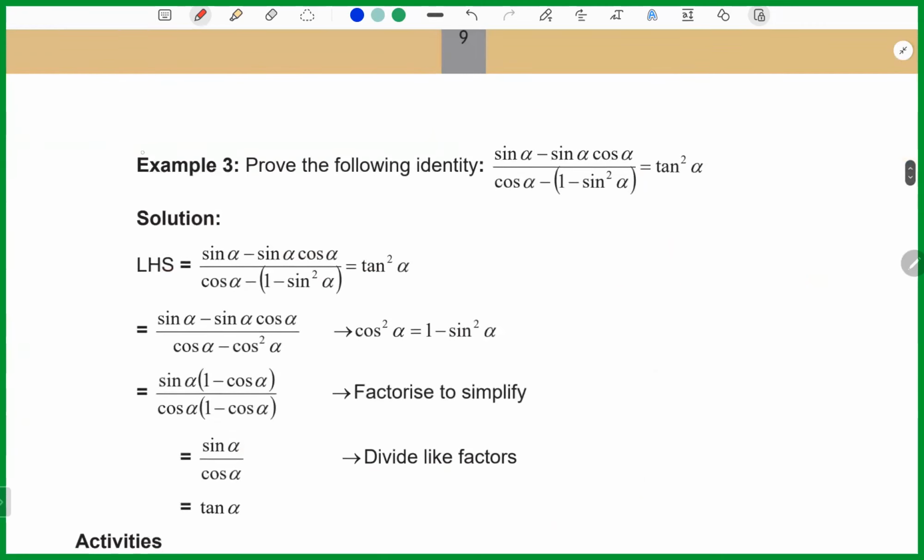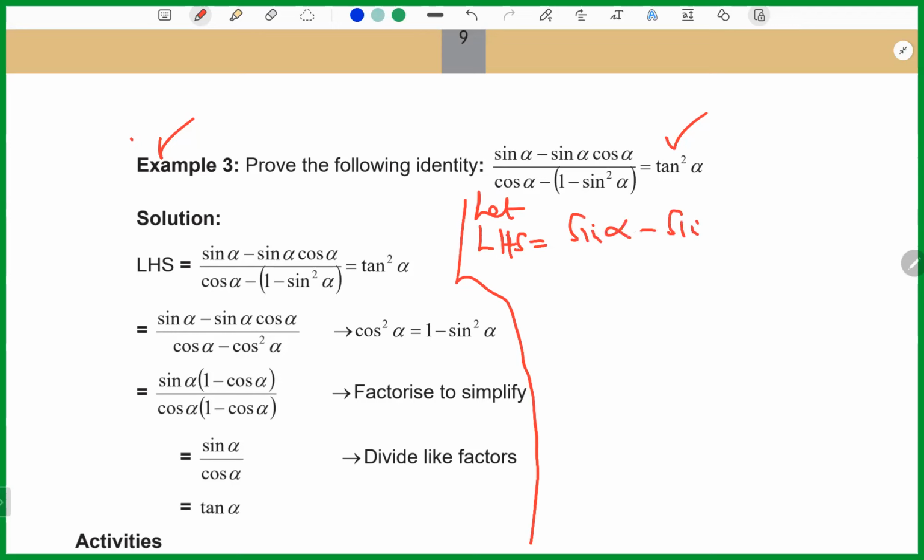Here's another example. Prove the following identity, that this is equal to the trigonometric tan squared. So it's the same thing. To prove this, you'll have to take a side. Take the most complicated, that is the hint. So you're going to let the left-hand side be the sine of alpha,